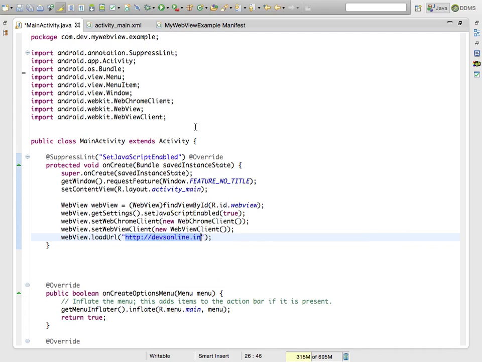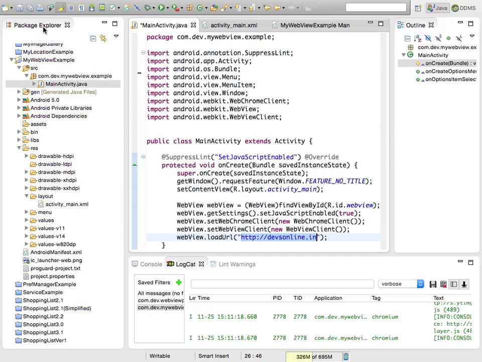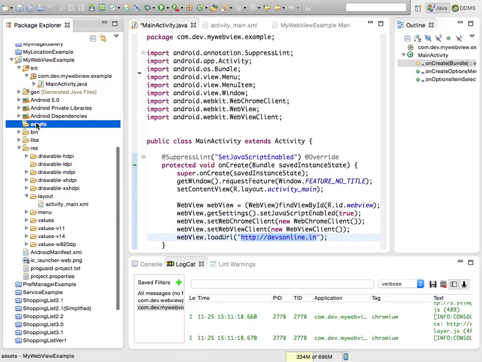For example, you can create HTML, JavaScript, or anything attached, then you can load it from an asset folder. For example, keep your HTML files inside a folder called assets. There is a folder called assets. Here you can keep all your HTML files and you can call it here using,